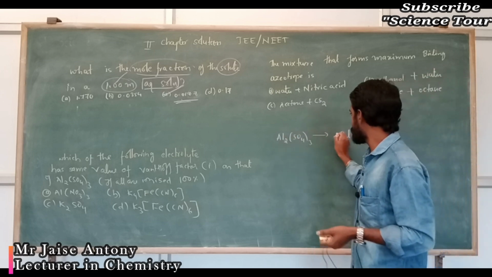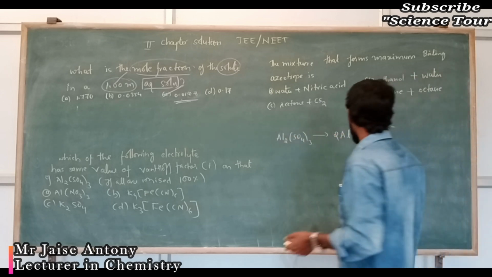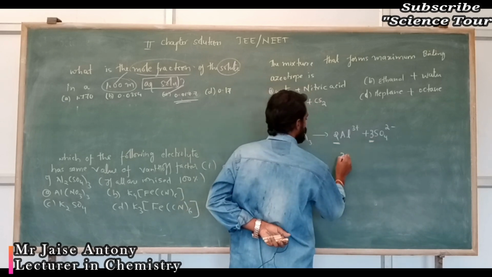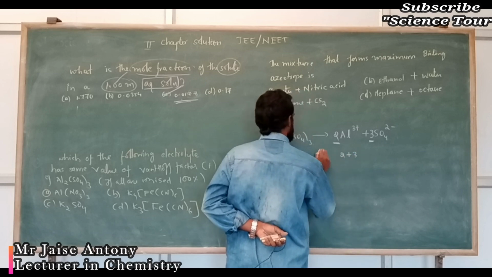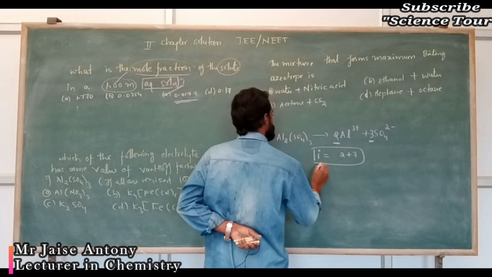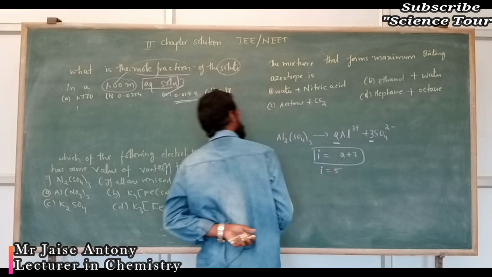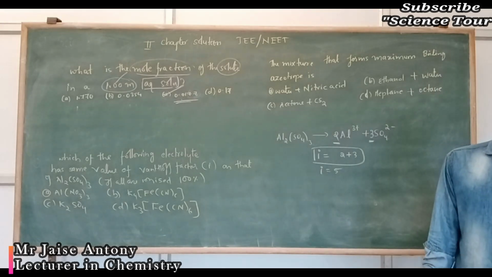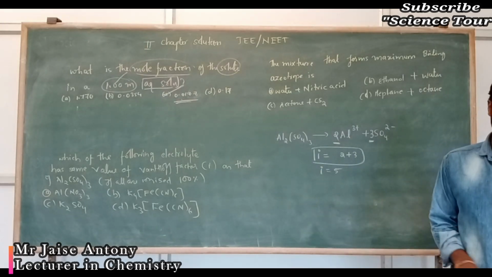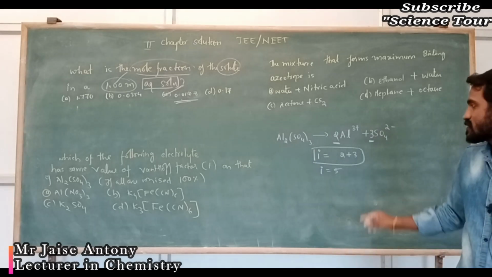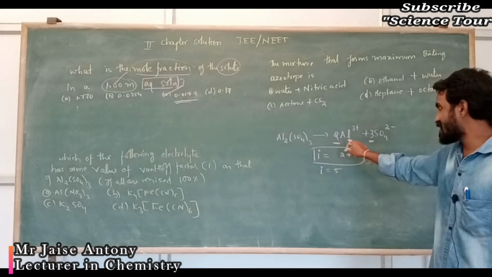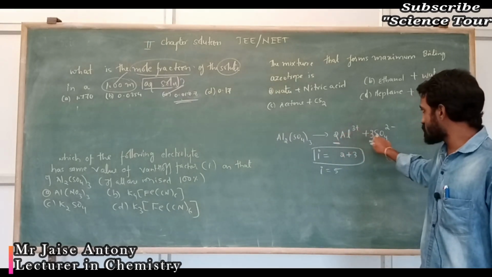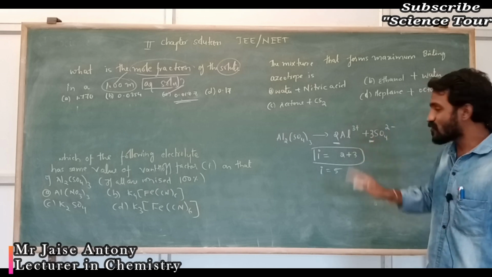And how many aluminum is there? 2 aluminum. Here you have to find out the total number of ions formed. Here 2 ions plus 3 ions. Total ions formed is 2 plus 3, which is nothing but 5. This is actually the Van't Hoff factor i, the number of ions formed. We discussed one more question on the same factor earlier, barium hydroxide, how it dissociates. Here aluminum sulfate dissociates and gives 2 aluminum.